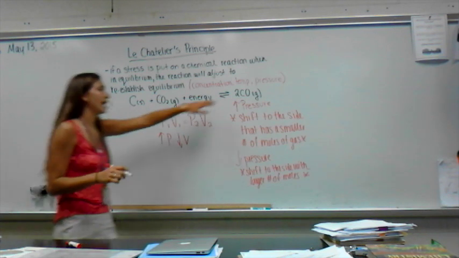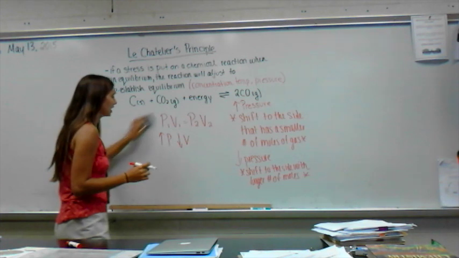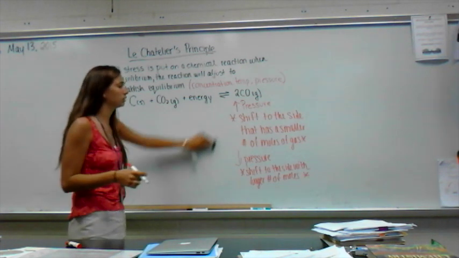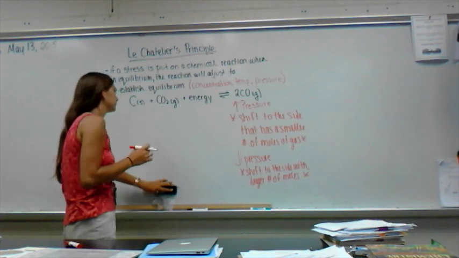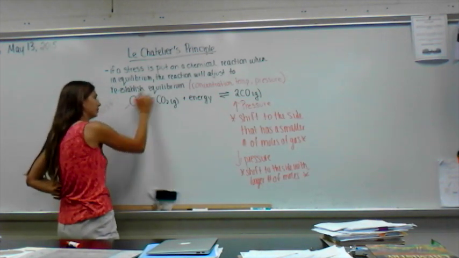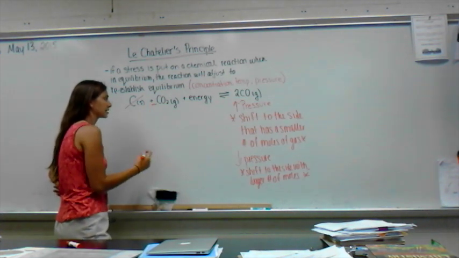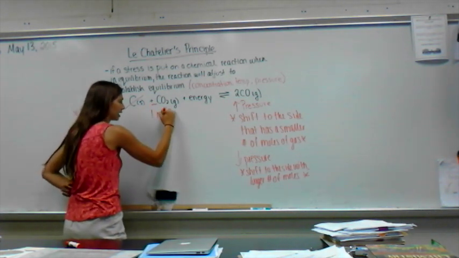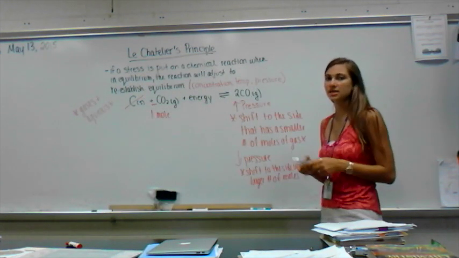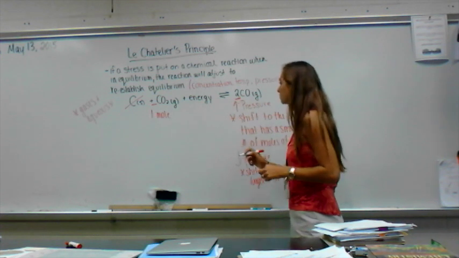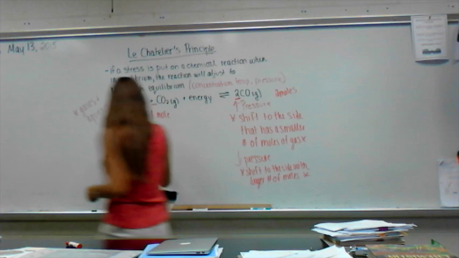What we have to do first is add up the total number of moles that we have on each side of the reaction. And again, I want you to realize that it's only of gases because pressure has the biggest effect on gases. So on this side, we're just going to completely forget about our solid. And we only have 1 mole of gas on our reactant side because we only have 1 carbon dioxide. If we look at our product side, we have gas and carbon monoxide, but now we have 2 moles of gas through its coefficients. So if I increase pressure,